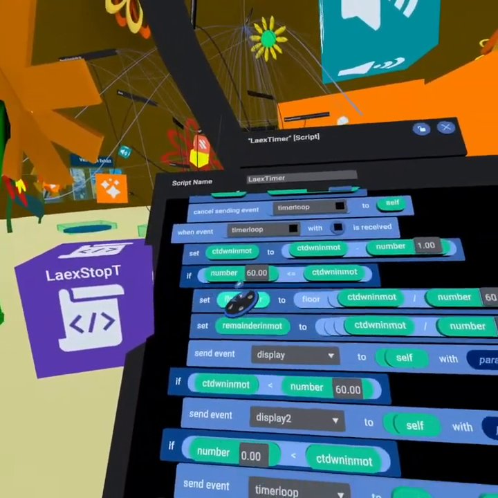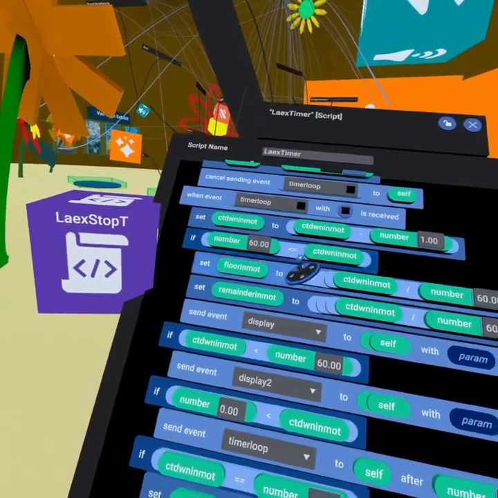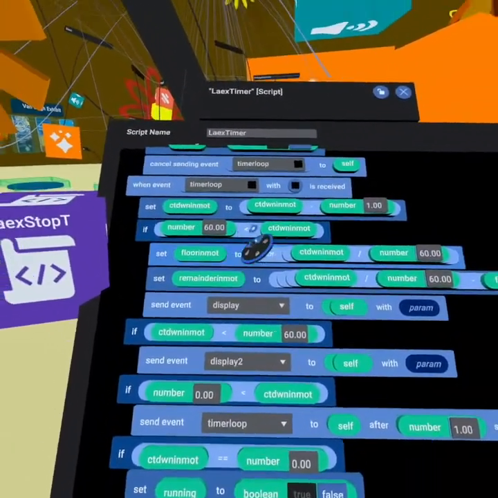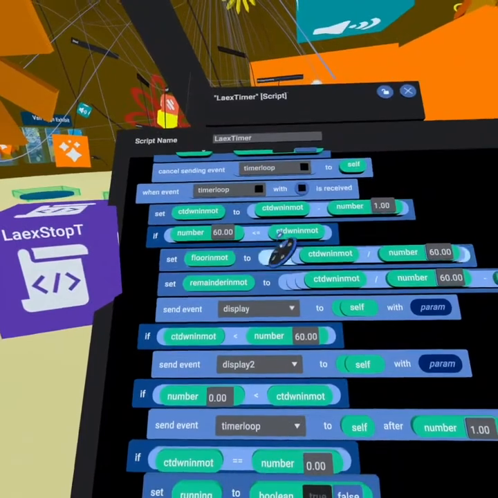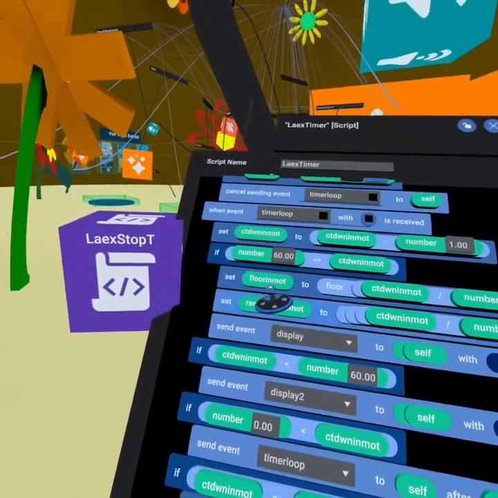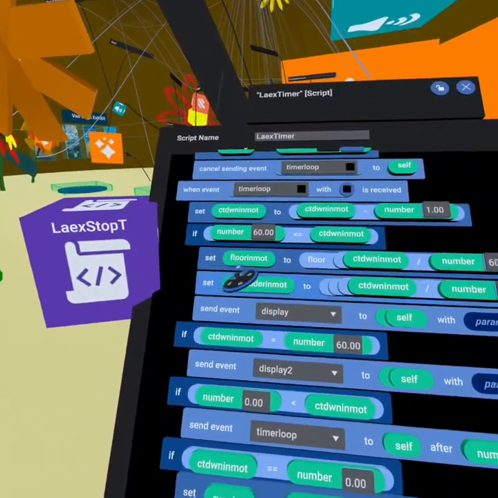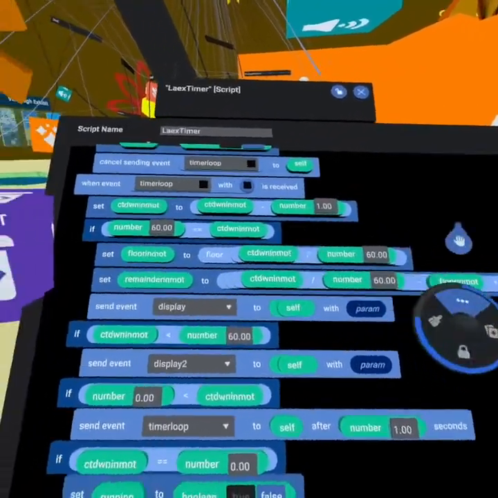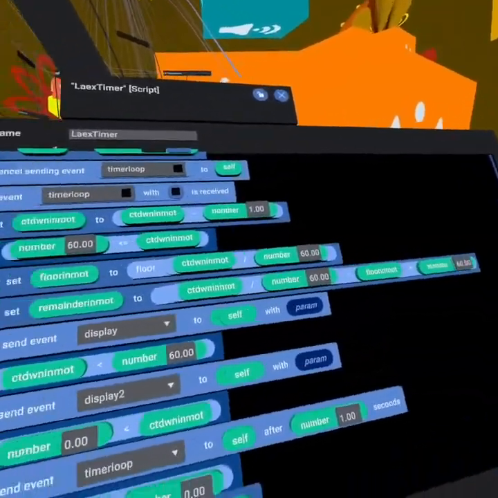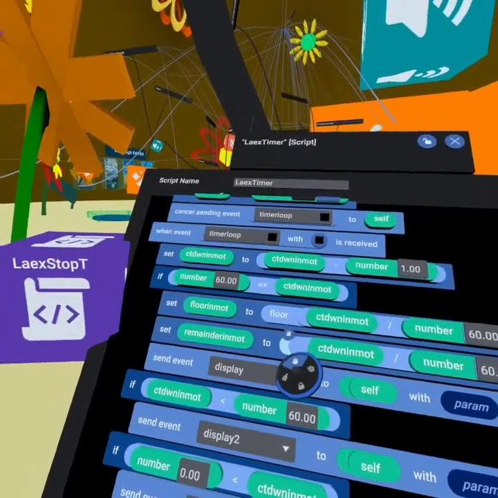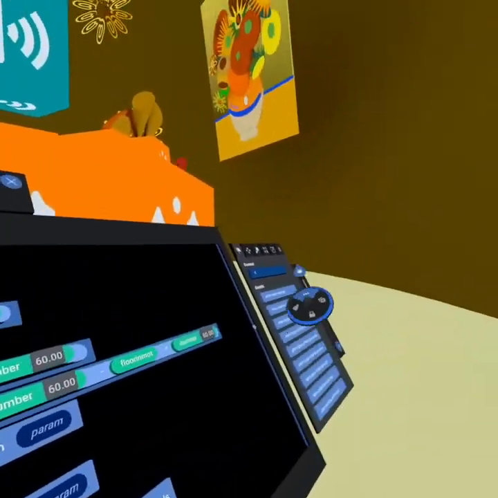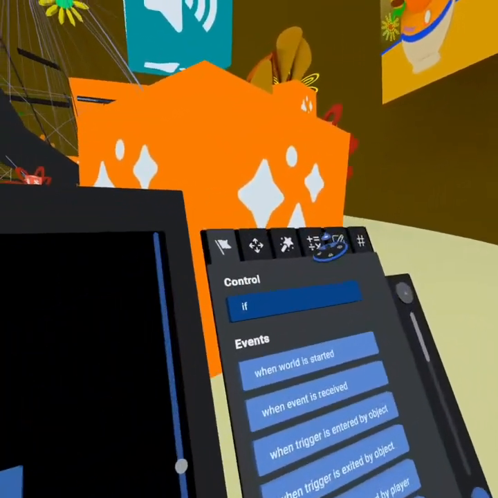For instance, if the number is greater than or equal to 60, we want to send this code, countdown in motion. So what we're going to send is, we're going to set the floor in motion to be this slightly complicated formula, but it's really not that complicated. What we're calculating is the floor. A floor is found under math. So if we go under math here,